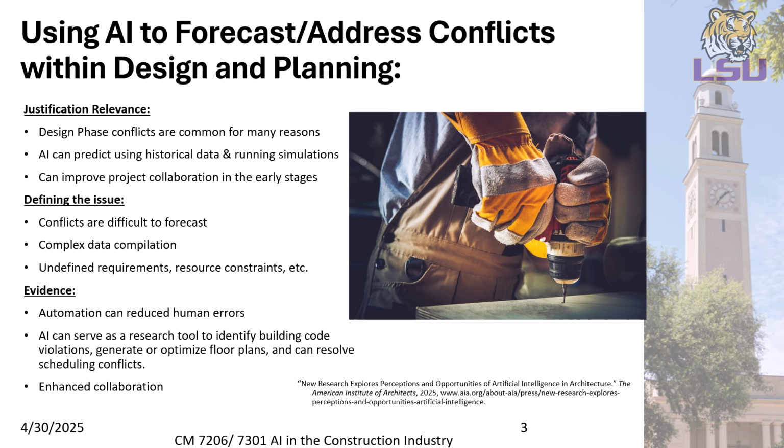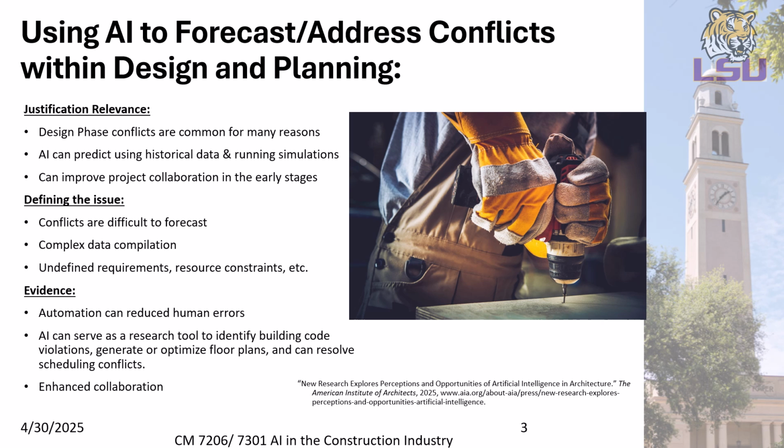Conflicts during the design and planning phase are natural to the construction process and often difficult to forecast without errors. Using historical data, new plans, and stakeholder inputs to make designs, the process can be incredibly complex. The problems inherent to this issue are made even more prevalent due to undefined requirements, resource constraints, dynamic variables, and stakeholder misalignment. The repetition of the architectural tasks makes it mistake-prone.